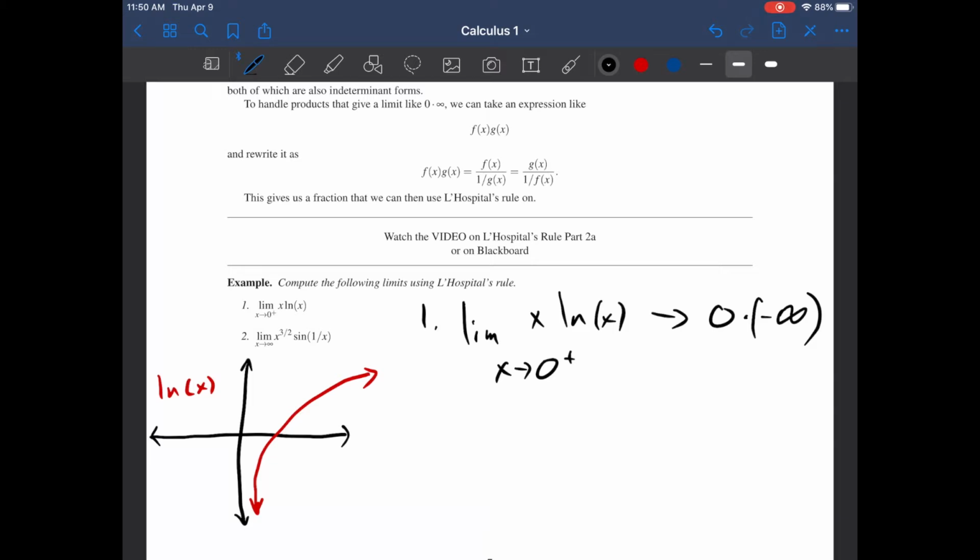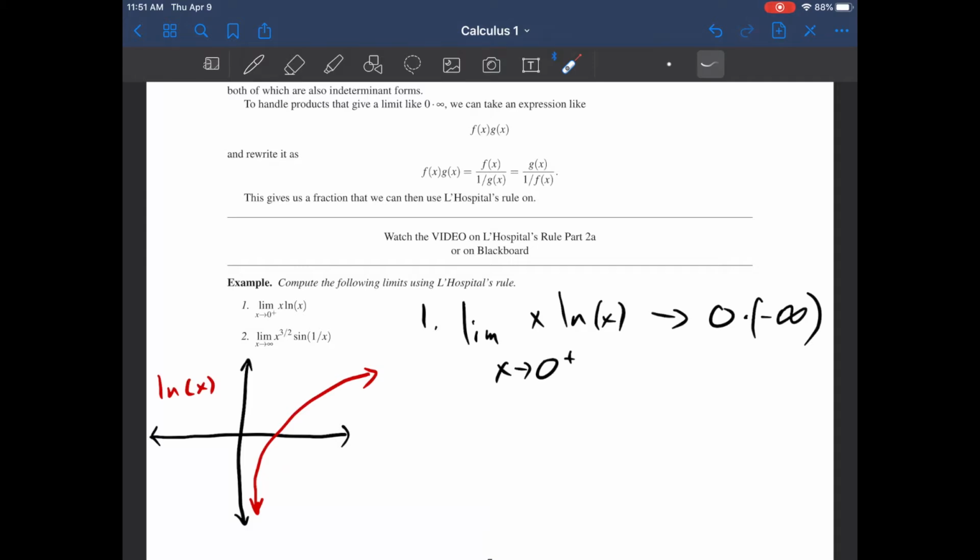Here you're left wondering: should the answer be 0 or should the answer be negative infinity? What happens when you take more and more negative numbers and multiply them by 0? Is this taking you to 0? Is this taking you to negative infinity? We're not really sure. So this is another example of an indeterminate form, 0 times infinity. Here is an opportunity once again to use L'Hopital's rule,